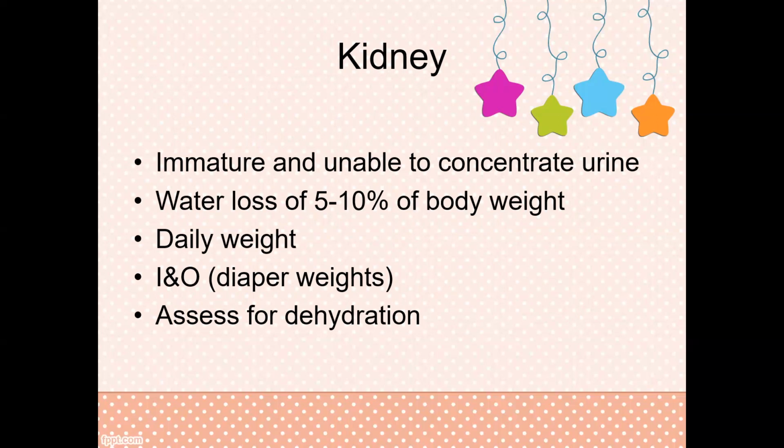Kidneys are rather immature. They've not had to do a whole lot of work, okay? So they are unable to concentrate urine. And so what's going to happen is they're going to have a fluid volume loss. That water loss accounts for about 5 to 10% of the total body weight in the first couple of days. Typically, that weight is regained by their first newborn visit with